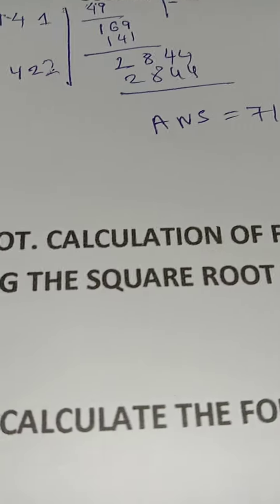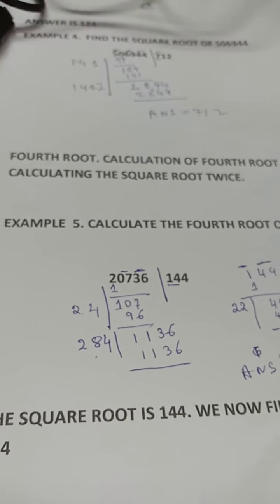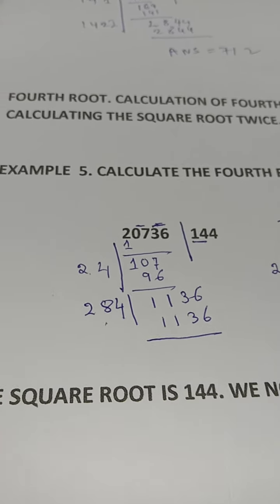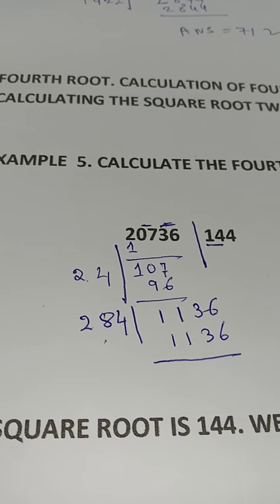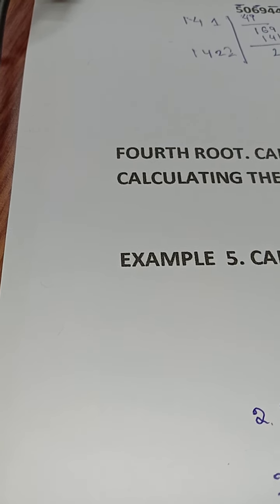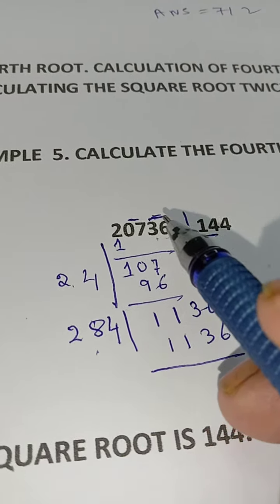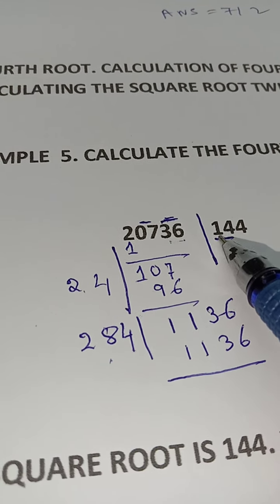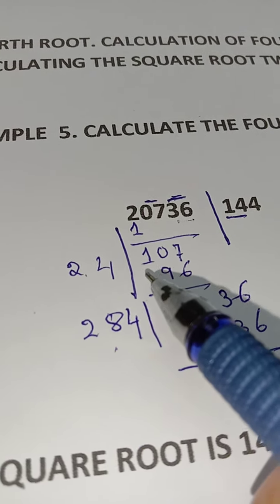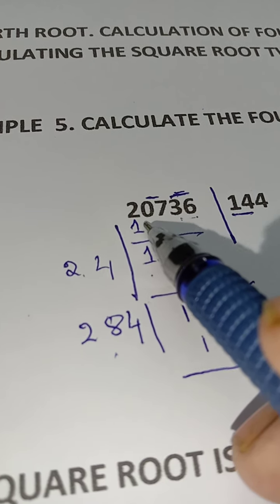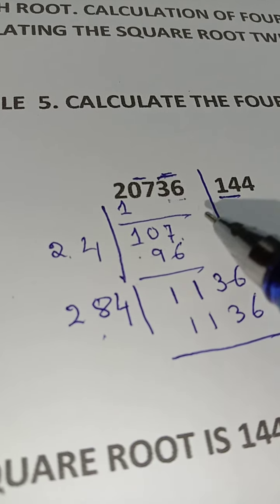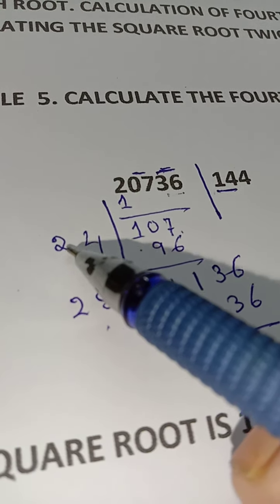Now the fourth root is nothing but taking the square root twice. Take the number 20736. First find the square root. Pairwise 20736, leaving 2 as the single number. So we must put a 1 here, that is, the square nearest to 2. 1 squared is 1. 2 minus 1 is 1. Then we put these 2 digits together in a square. This is the rule. So we put 07.